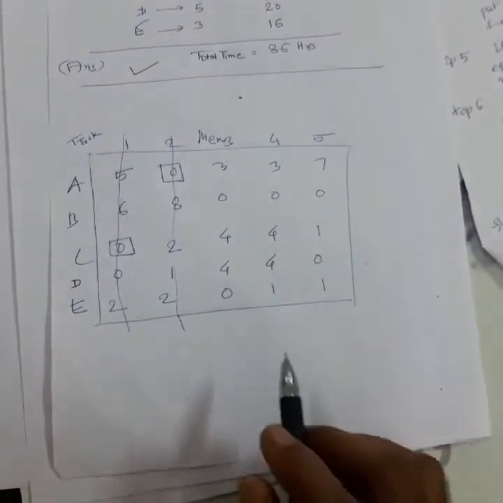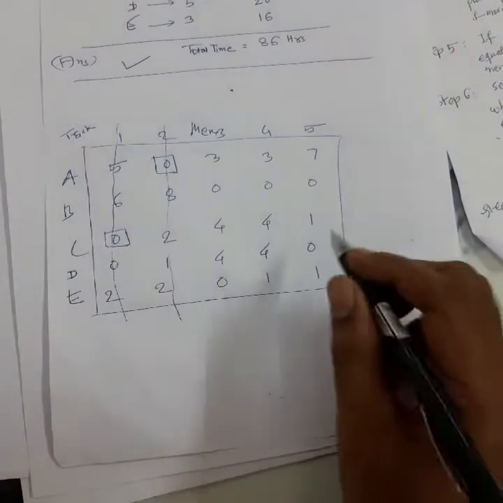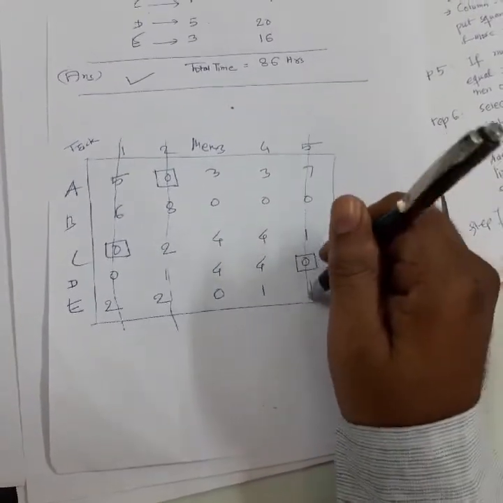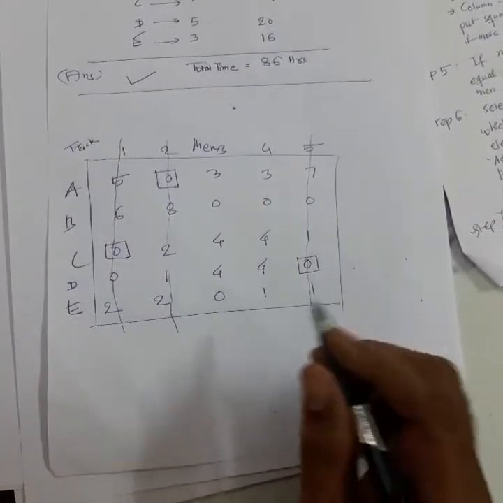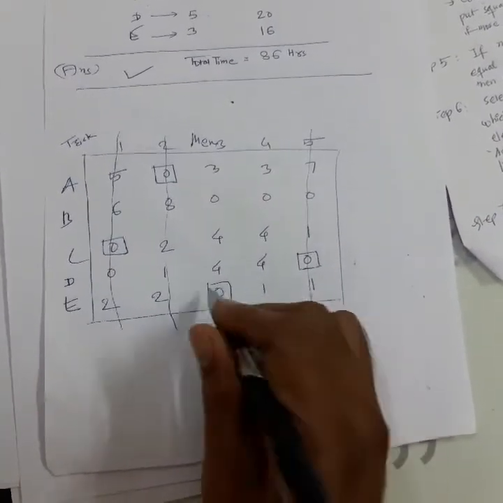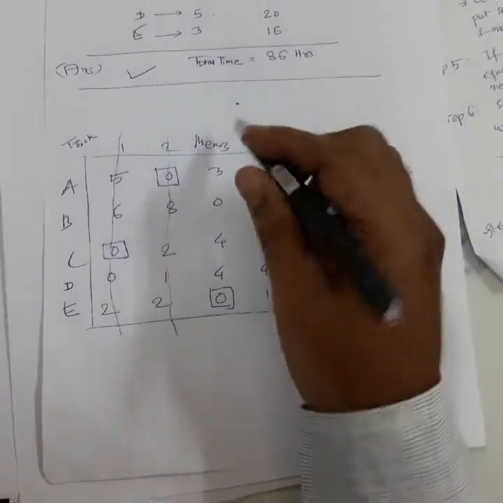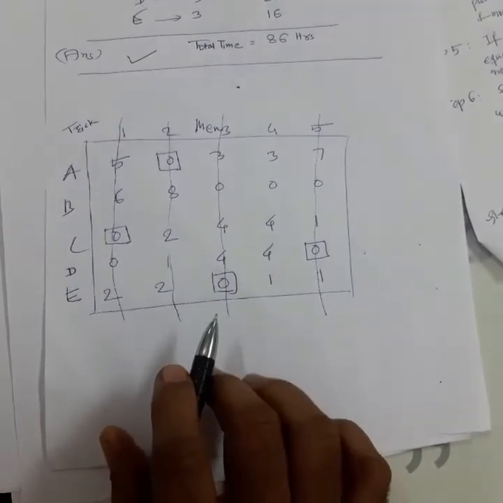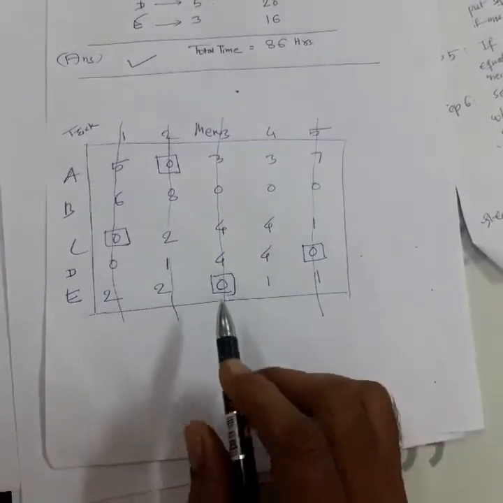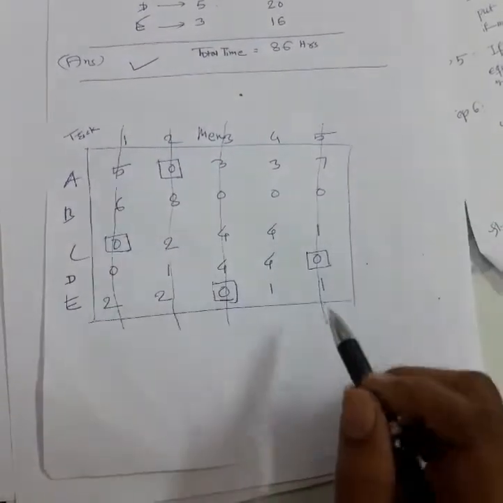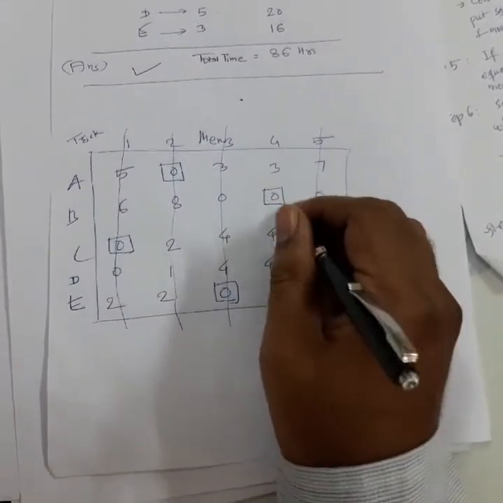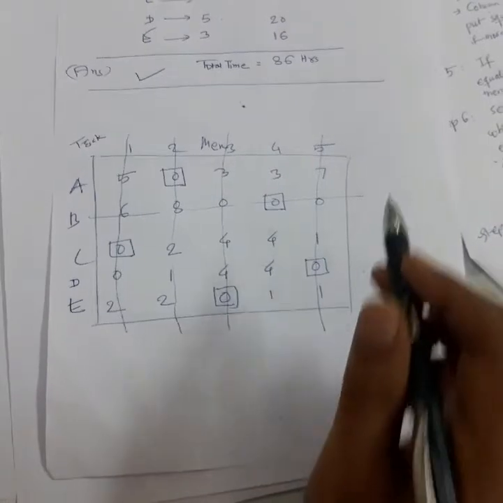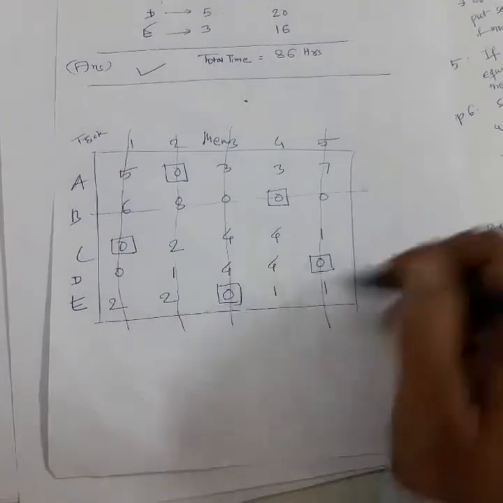Very good. See the fourth row, yes, 1 0 is there, put a square and draw a vertical line. Fifth row, yes, 1 0 is there, only a single 0, draw a square and put a vertical line on it. Now see whether all the zeros are covered or not. Yes, 1 0 is there, so go for column scanning. First, second, third columns are already covered, so go for the fourth column, this one. Put a square mark and draw a horizontal line passing through that square.